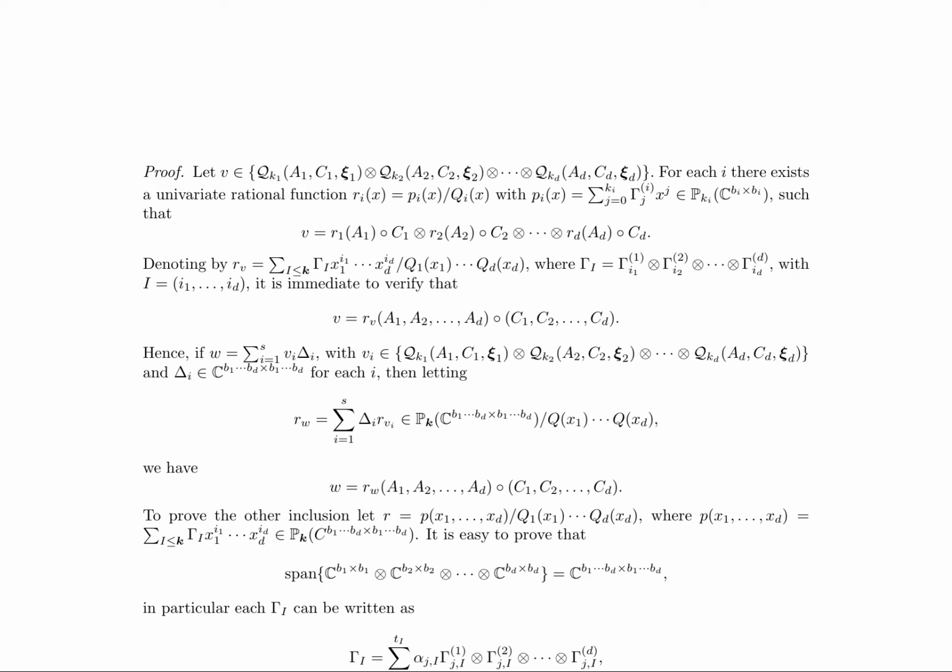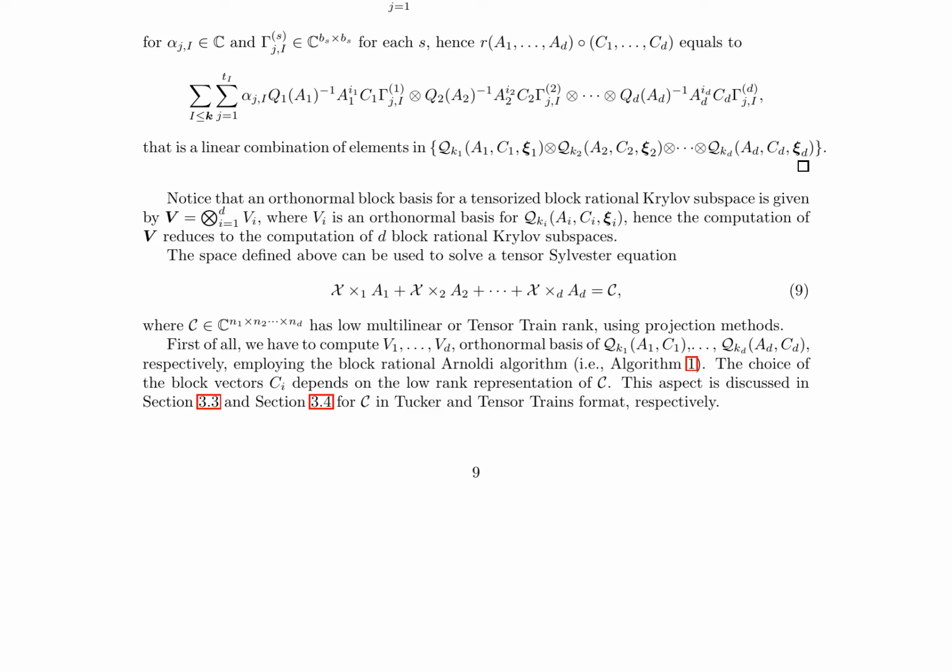The key idea behind this method is to construct an orthonormal block basis for the tensorized block rational Krylov subspace, denoted as V equals Vd circled times Vd-1 circled times ... circled times V1. This basis is computed using the block rational Arnoldi algorithm, which involves choosing suitable block vectors C for each dimension i. The solution X is then approximated by the tensor Xk equals Yk times 1 V1 times 2 ... times d Vd,